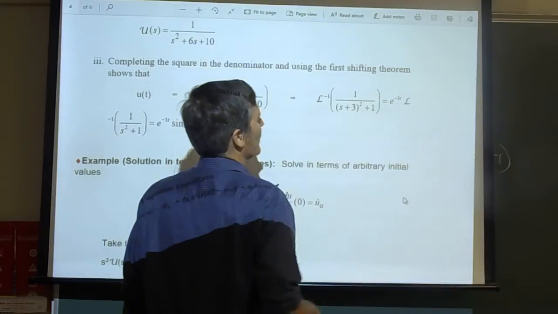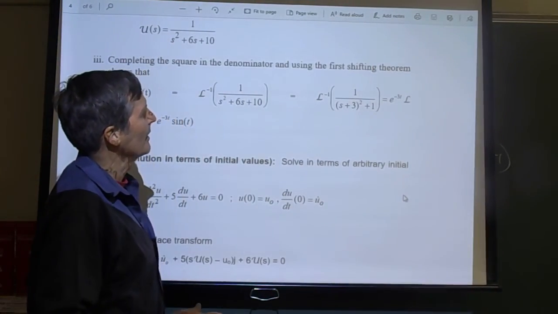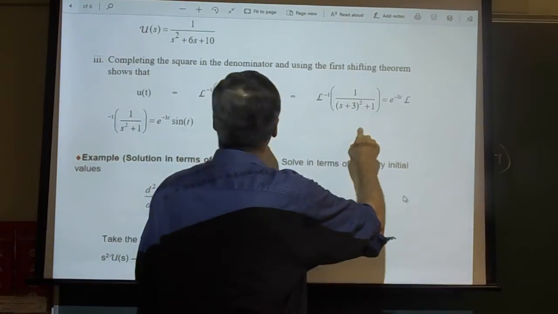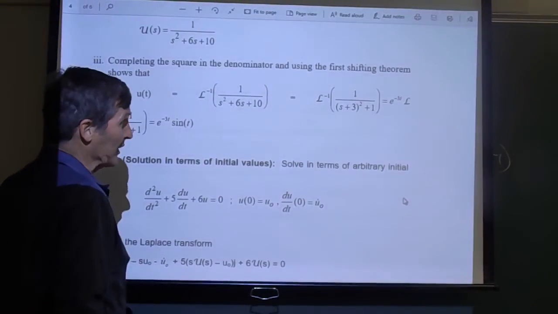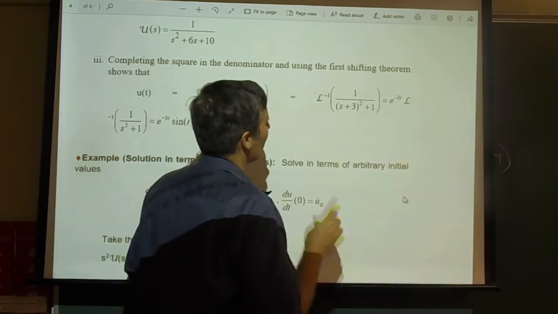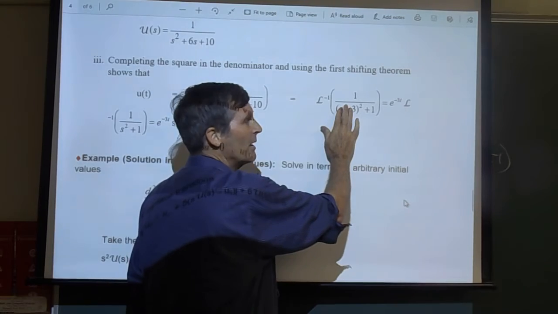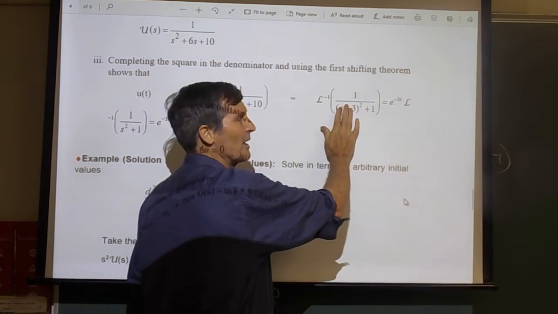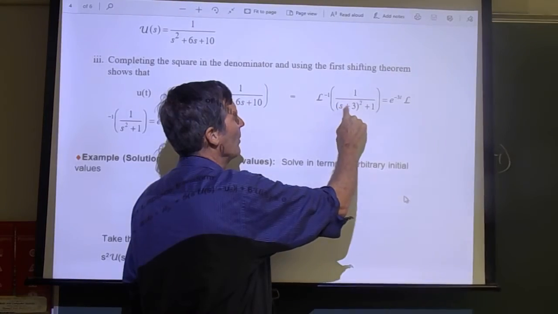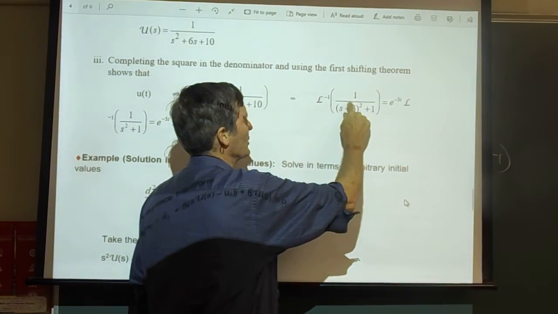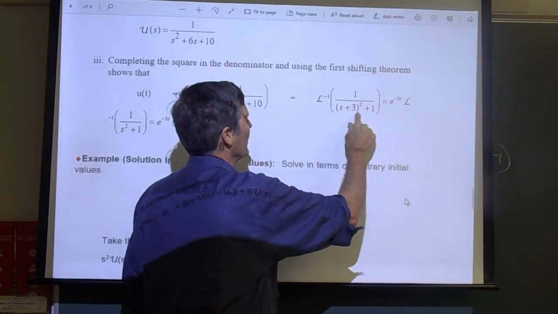What's the inverse transform of this? Shifting theorem. By the shifting theorem, we said, wait a minute, I know what this was. If it was just 1 over s squared plus 1, that would be the transform of cosine t, right? What is it when it's not s, but with s shifted? The transform of the function that's shifted